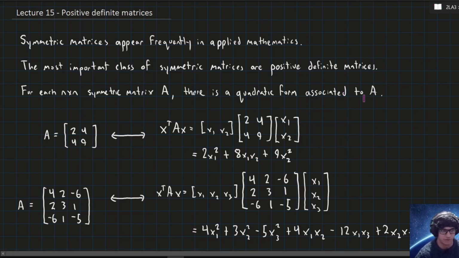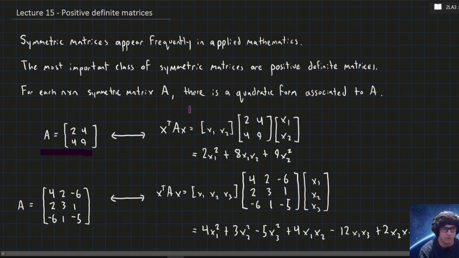So this is lecture 15 on positive definite matrices. Positive definite matrices are a special type of symmetric matrix that frequently appear in applied mathematics, like physics and engineering. So if we start with a matrix A,